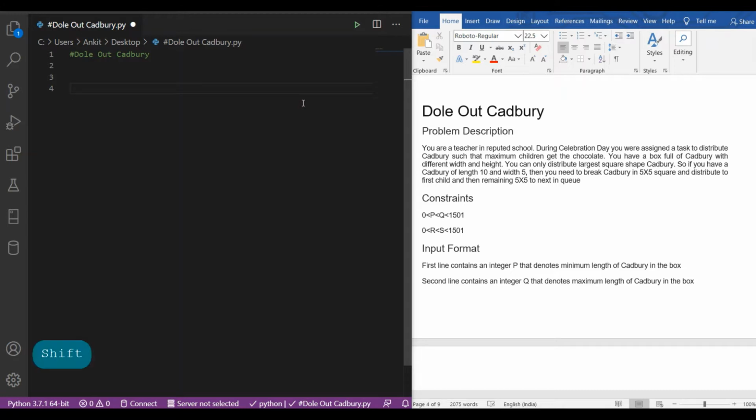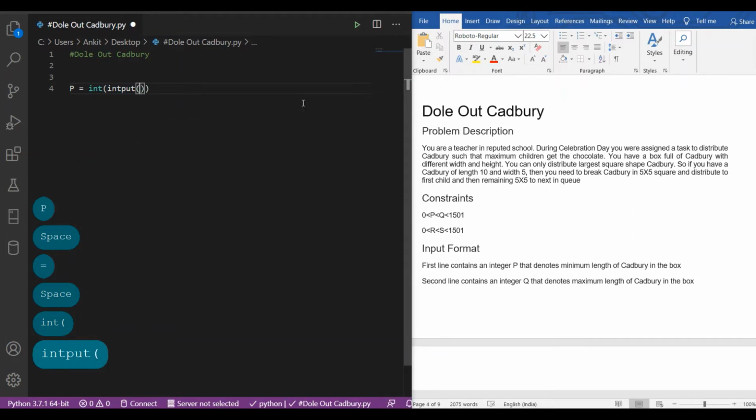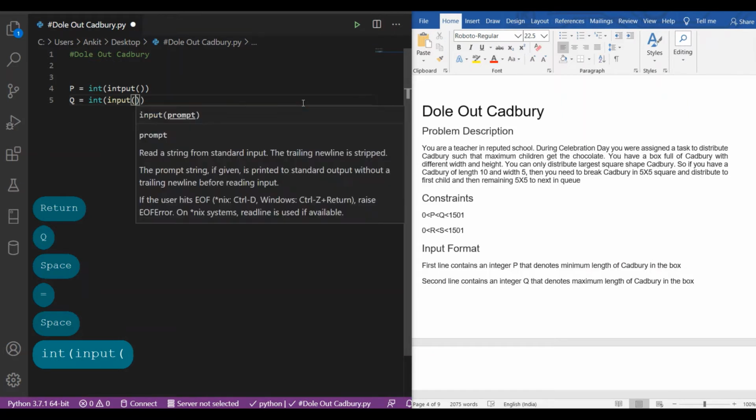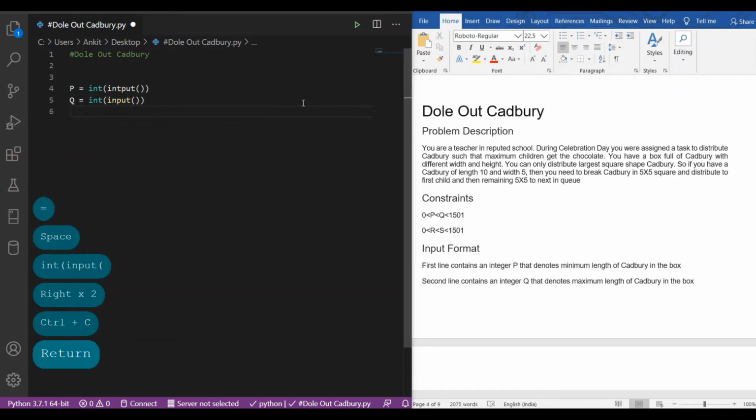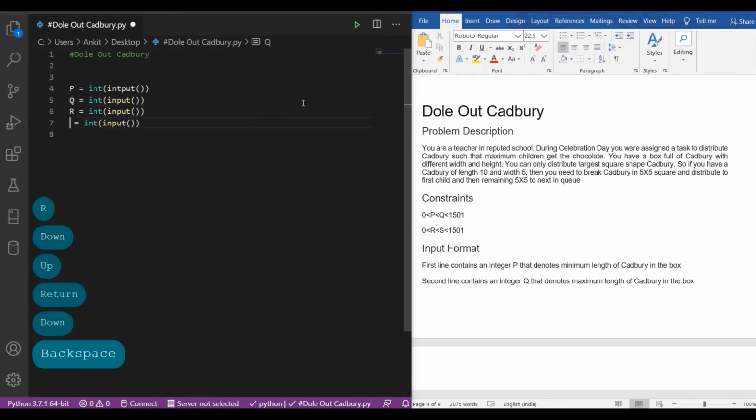So let's start with taking the input from the user, and we have to take the input in the form of integers. In such a way we have taken the input from the user.